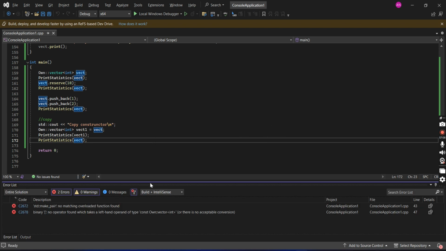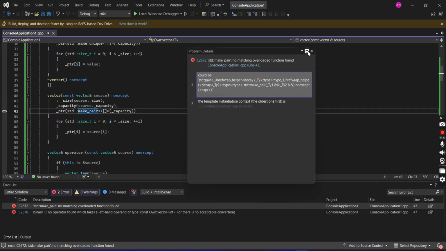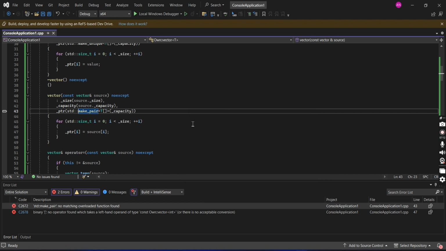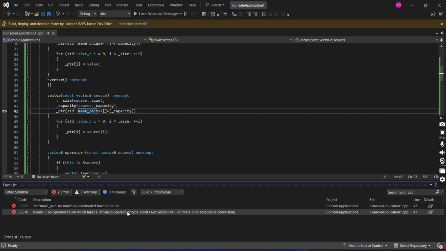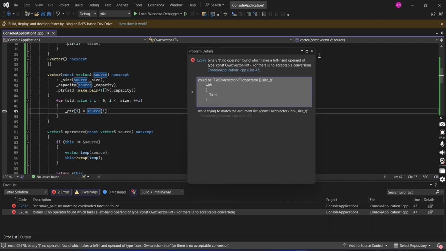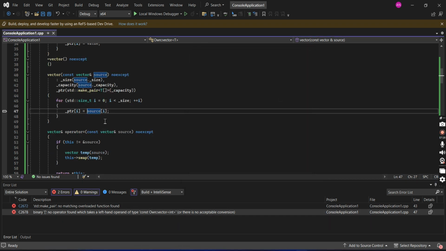Okay, yeah, it was expected. So now, no matching overloaded function found,